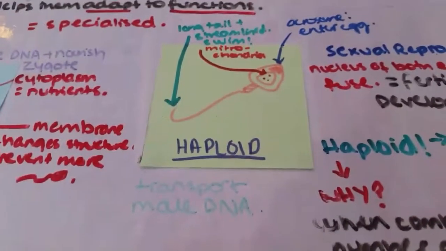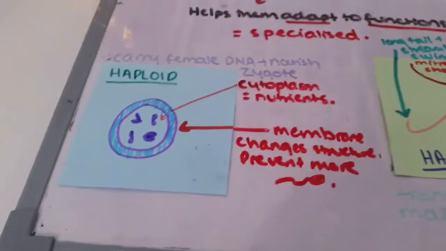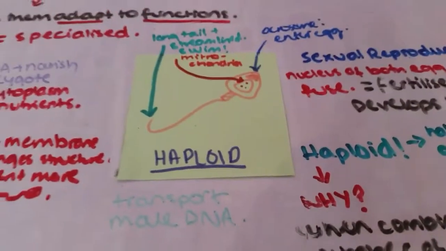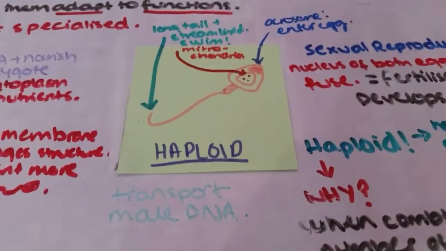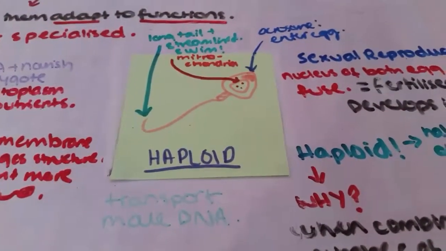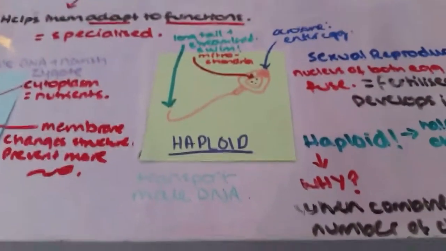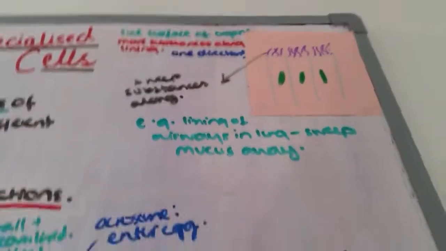Now, what is the main purpose of the sperm? We know that the purpose of the egg is to carry female DNA and to nourish the zygote. The purpose of the sperm is to merely transport male DNA. So that's all it needs to do. It just needs to transport male DNA. Finally, moving on to